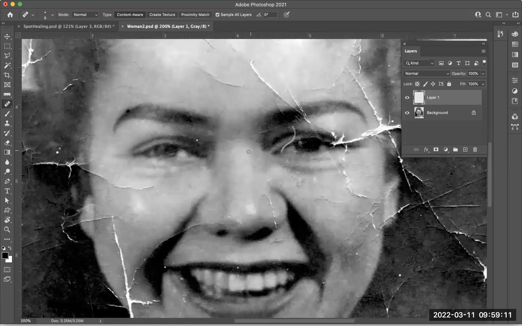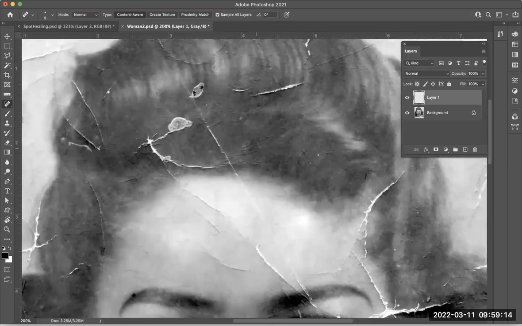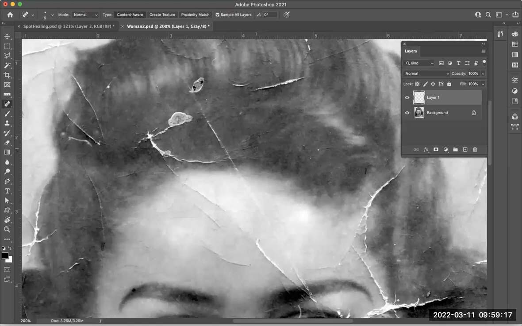Each of them works a little bit differently, depending on what you are trying to fix. One may work a little bit better than the other. So you kind of have to switch between the 3 tools and see which one is going to work the best for you. So I'm going to start with the spot healing brush first. That's the one that looks like a little band-aid with the circle behind it. And it works with brush sizes, so your bracket keys will increase and decrease the size of the brush. And so I'm going to start here